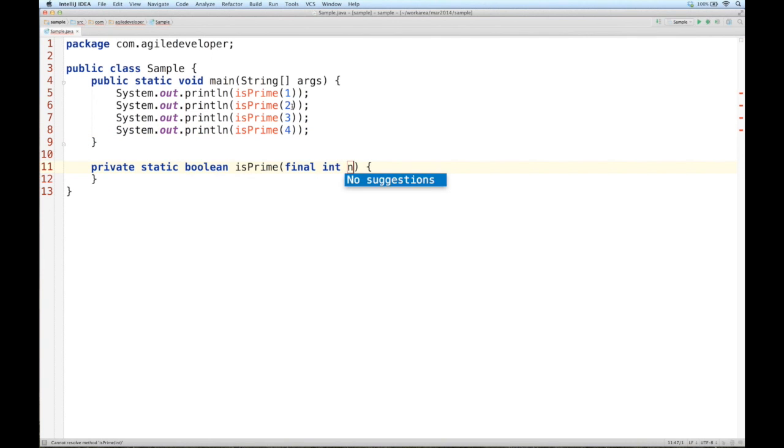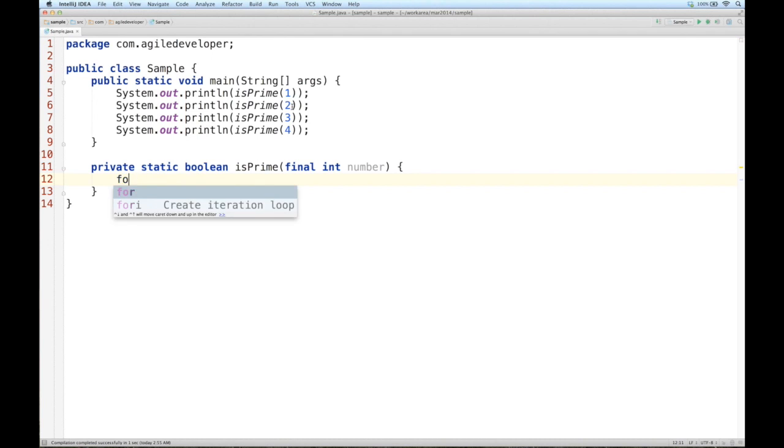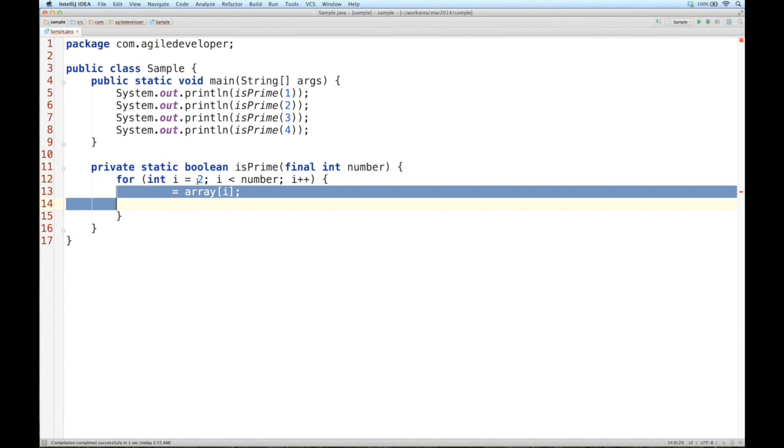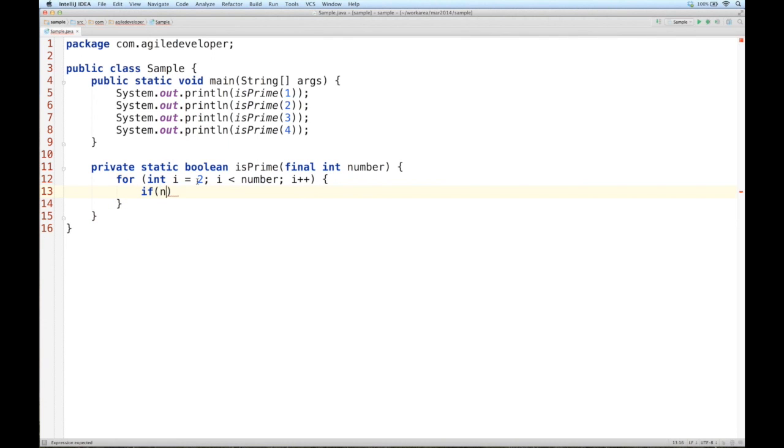We would normally start out by saying, given a number, we would say, well, the number is prime if it's not divisible by any number between 2 and 1 less than the number. In other words, it's only divisible by 1 and the number itself. So normally what we end up doing is we would start with an iteration off the bat. And then we would say something along the lines of, let's iterate through the number, and starting with the 2, of course. And then we would say, well, if we find out while we iterate through this that the number actually is divisible by the index, we would then say